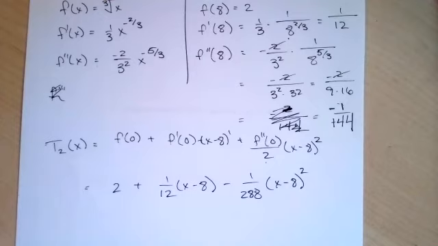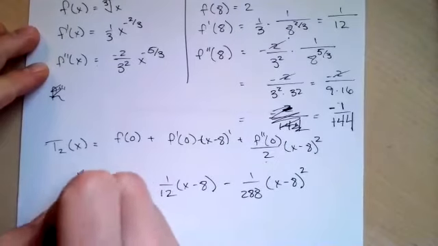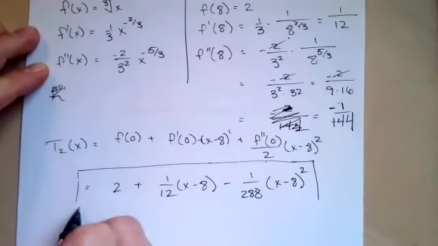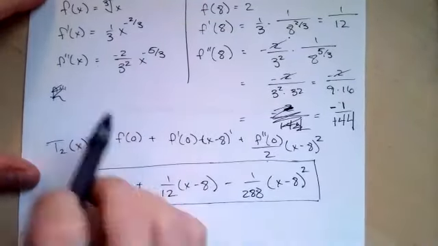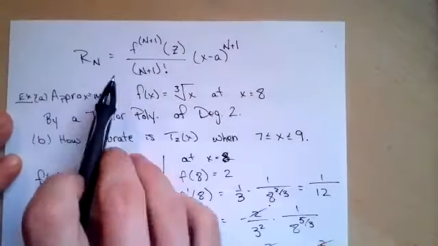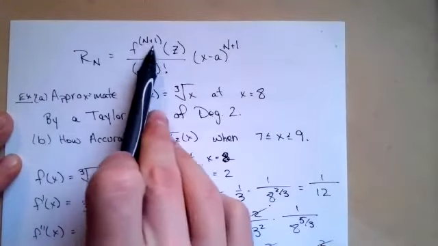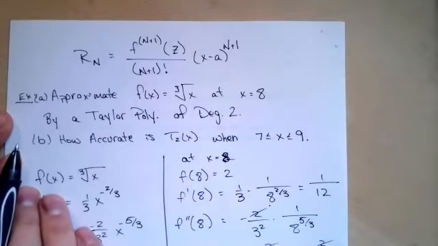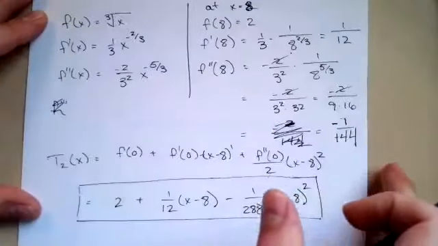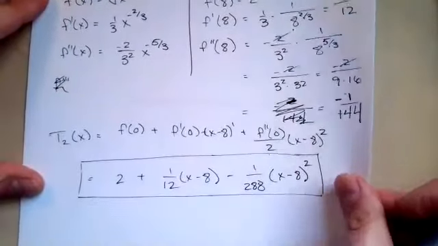And then now for the last bit, sorry, we are a little bit out of time, but let's go through that real quick. So here's our Taylor polynomial. We are going to have to compute the next term because of the remainder theorem. It has to deal with the third derivative. So if we want to know how accurate it is,